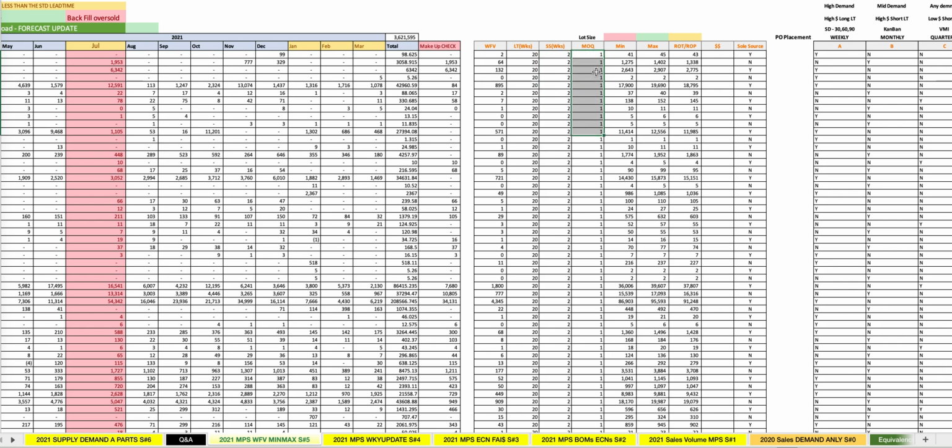MOQ means, the multiple order quantity, minimum, maximum, and reordering points, depending on the policy that you want to adopt for your inventory and what is the level of service you want to have. You can drive your supply demands or your inventory projections and planning to meet the minimum, maximum, or the reordering point. We will discuss that today, how you do that and how you plan for every component based on supply